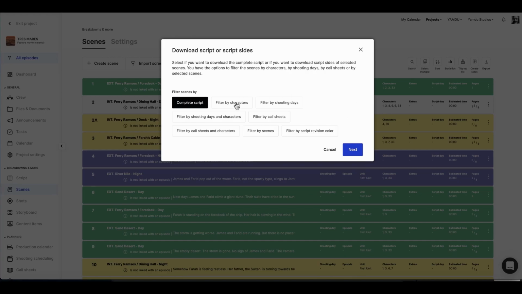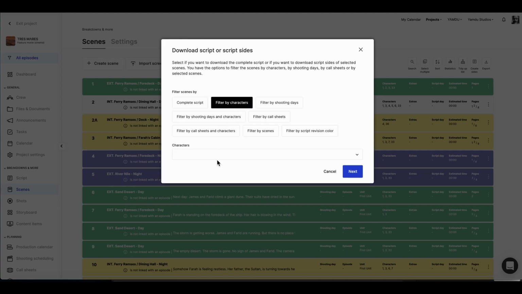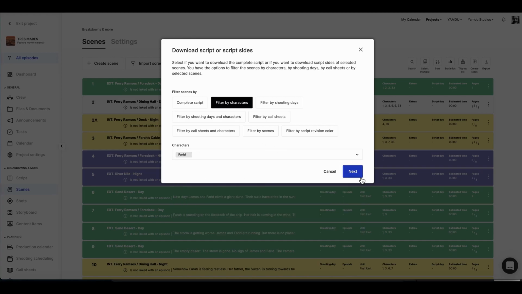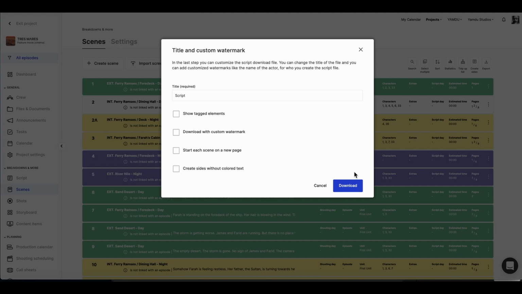Let's filter by character and export one of the main character sides. Let's go with Farid. Next, Yamdu will then take all of his scenes and put them together in an export for us. We'll even have some additional options to show tagged elements, download the side with a custom watermark, start